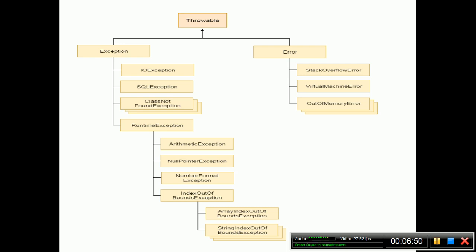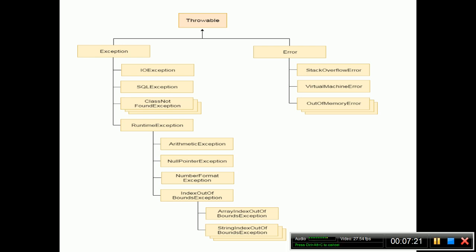Now we will try to see when these particular exceptions have a possibility to occur. First, this IOException will occur whenever you are handling programs, like within file handling. For example, suppose you are trying to access a file that does not exist, you will get an IOException in this case. Next is an SQLException. Suppose you are trying to execute an SQL query. In that case, suppose that table is not present in your database, you may have a possibility to get an SQLException. Then we have a ClassNotFoundException.